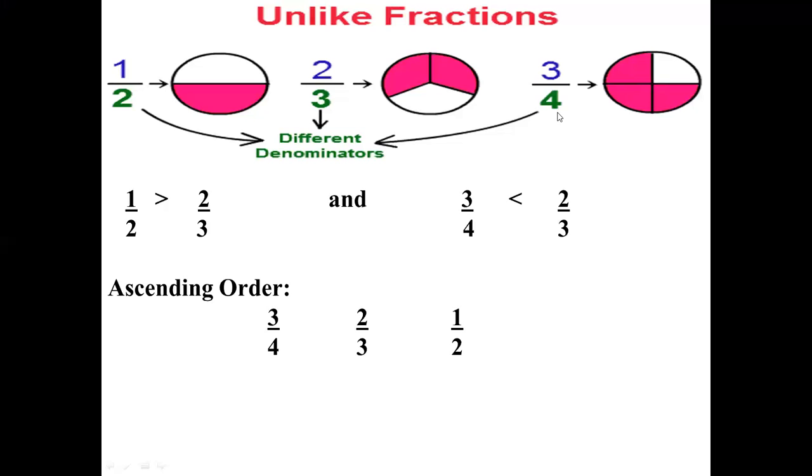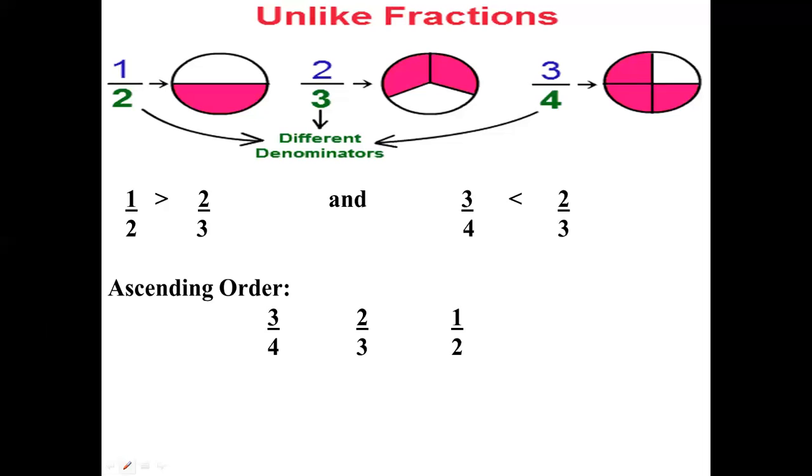If your denominator is smaller, you will get the biggest share, as it is mentioned over here. You can see the size of the half piece. And if your denominator is getting bigger, you will get the smallest share, like you can compare over here. So if I ask you what will be the greater and lesser fraction over here in 1 upon 2 and 2 upon 3,